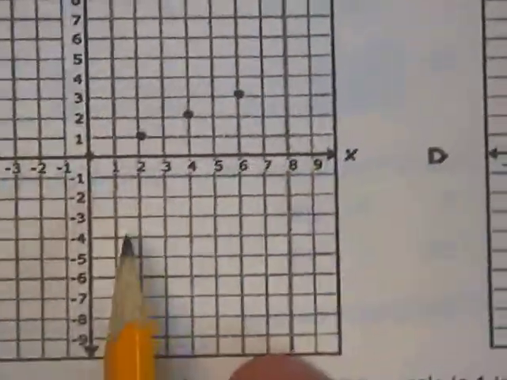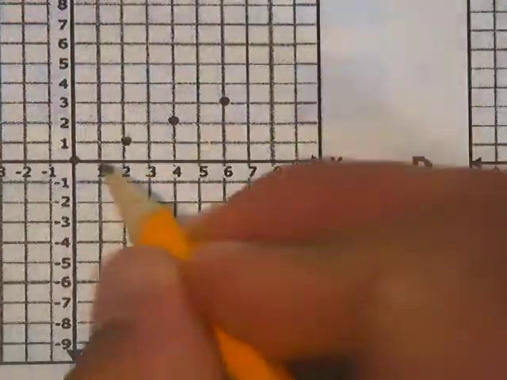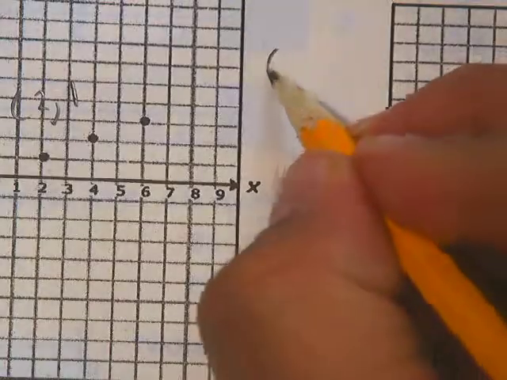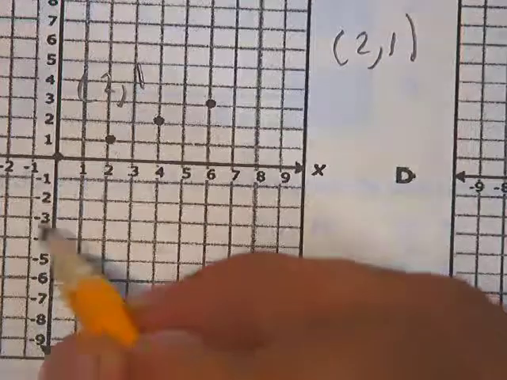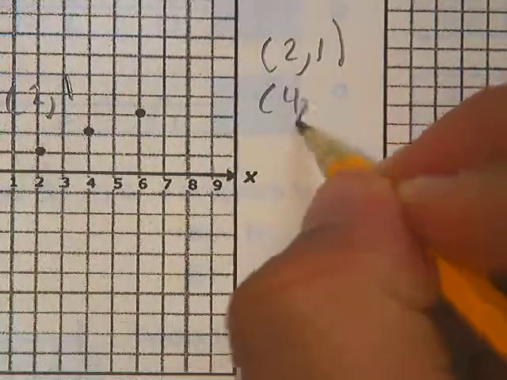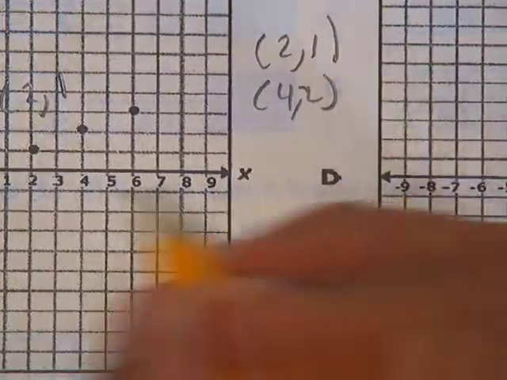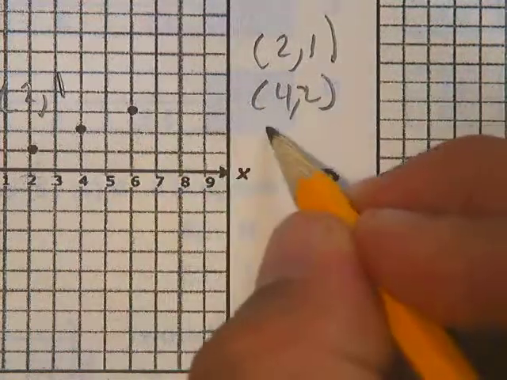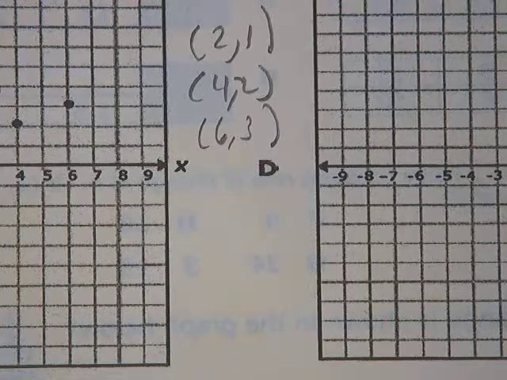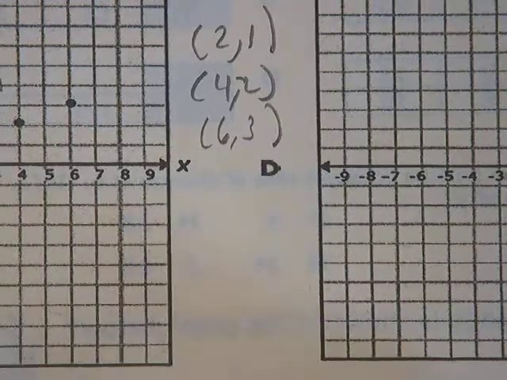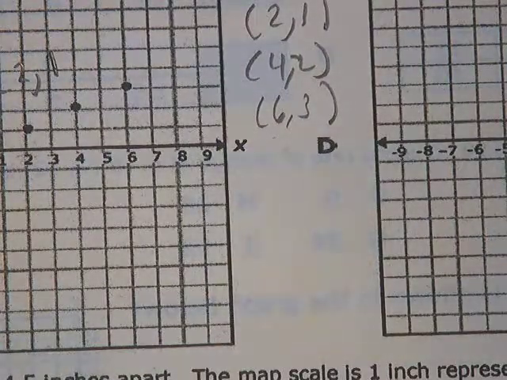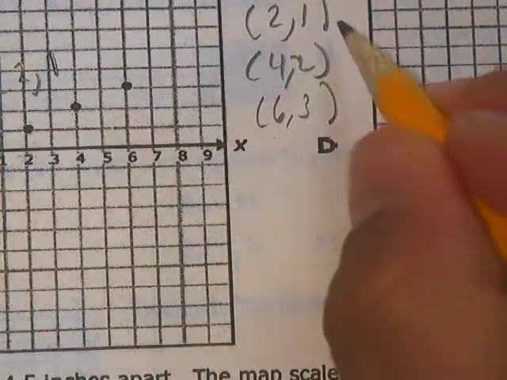Let's look at B. Let's look at the first point. Okay, the first point is 2, 1. Well, I'll put it here. 2, 1. Second point, 4, 2. Next point, 6, 3. Okay, and so I look at the change. Well, how much is it going by? And I can see there